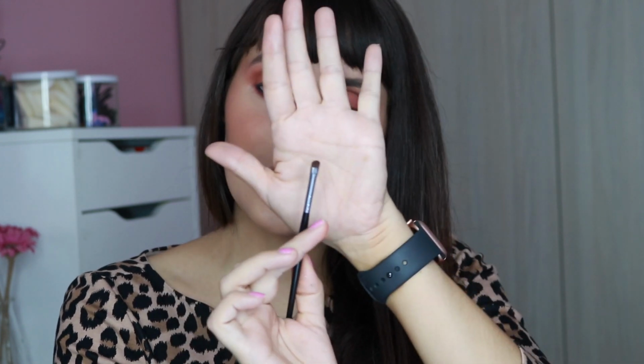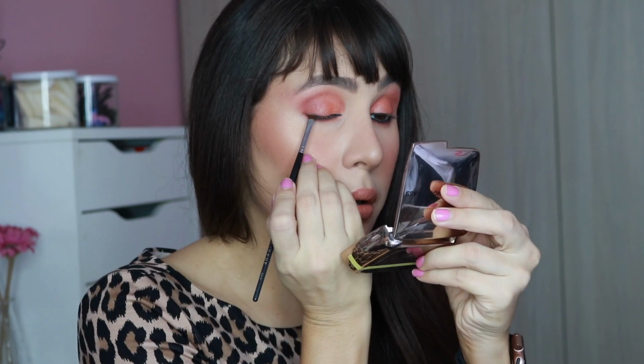Now I've been doing wings every day, so I'm not gonna stop today because now I feel naked without it. So I'm gonna go in with Cocoa, which is the dark brown right here, because I truly don't want to go to any other palette or use a black liner or a gel liner or something like the roller liner eyeliner by Benefit. I just want to use the palette. So I'm gonna use the Morphe M213, which is this small little brush, and you can see how thin